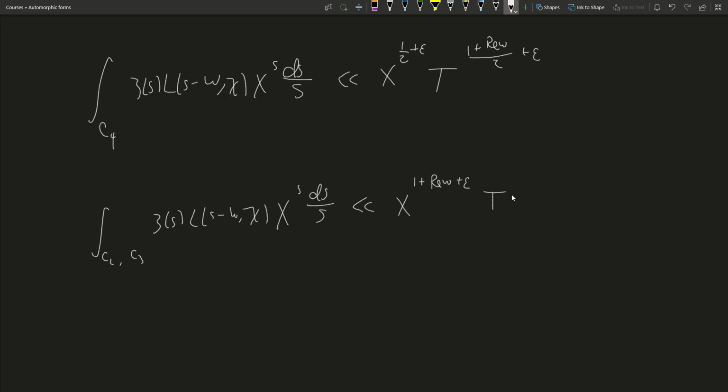It's this much minus t, or t to the this much minus 1, so minus 1/2 plus the real part of w over 2 plus epsilon,